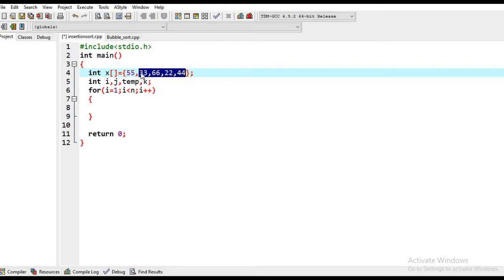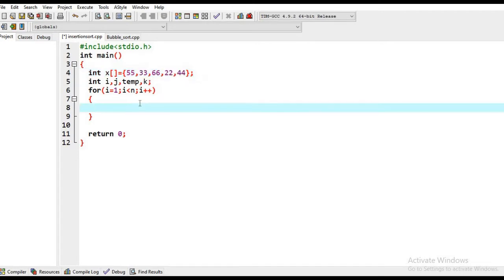We will start from the first element of the unsorted part, so that's why we have taken i equal to 1. Then we will take out, virtually, not actually, this first element, 33, and store it in a variable like temp. Then we compare it with each and every element of the sorted portion.